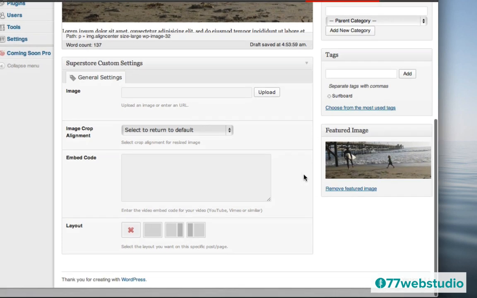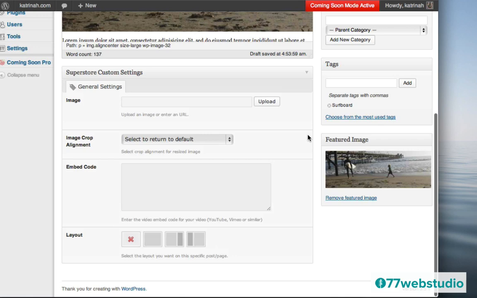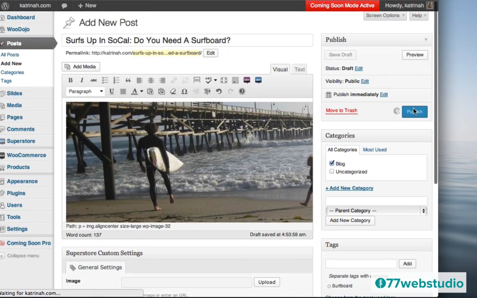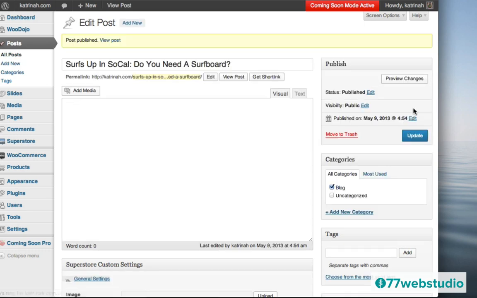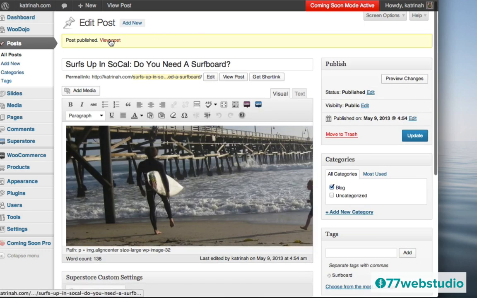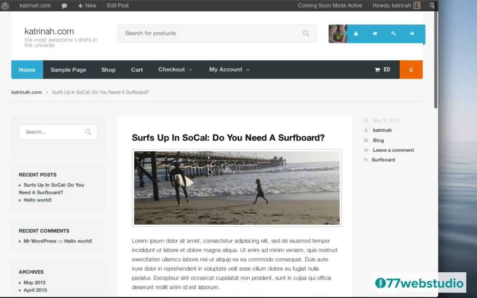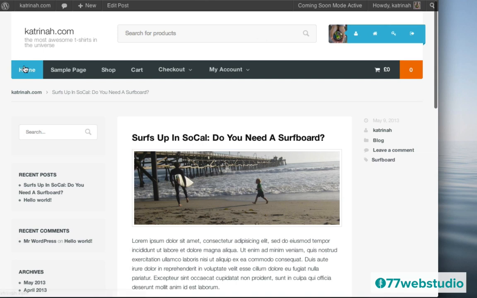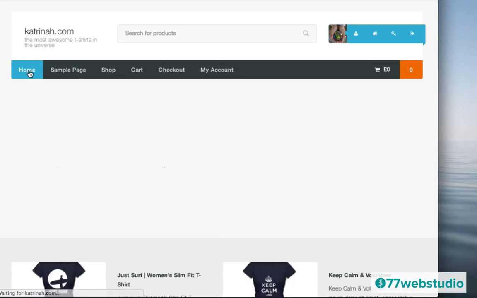Then I'm just going to scroll down. It looks like I can't scroll down any further, and I'm just going to scroll back up, and I'm going to click on publish to publish this post. So now let's take a look at the post. When I click on view post, here we see here is the image within the blog post, but when I go back to the home page, you'll note that the featured image is also now being displayed on the home page. So I'm going to click on home right here.